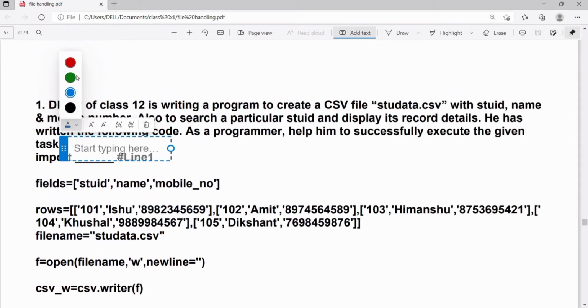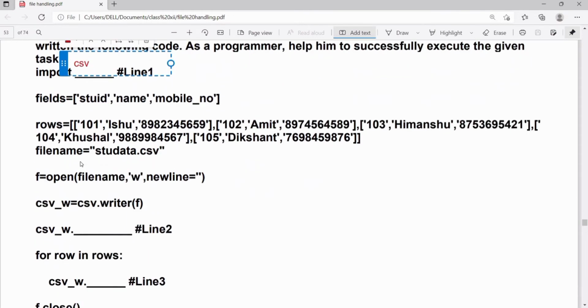We know to work with CSV file, first we have to import the CSV module. In fields, we are having the titles for the CSV file, which are student ID, name and mobile number. csv_w is equal to